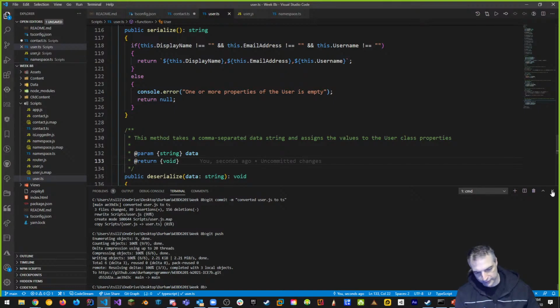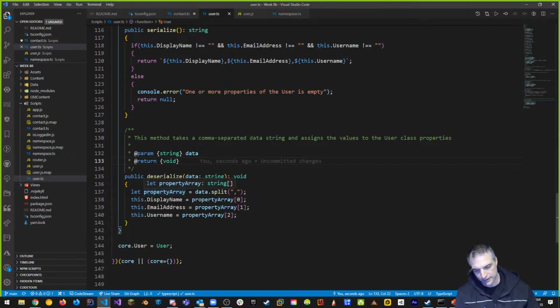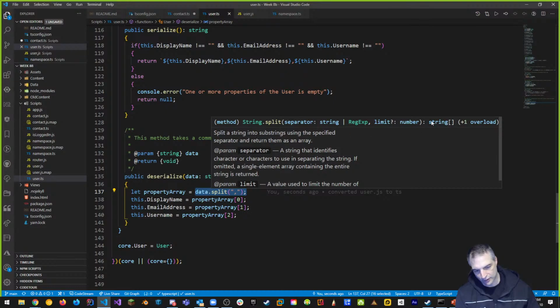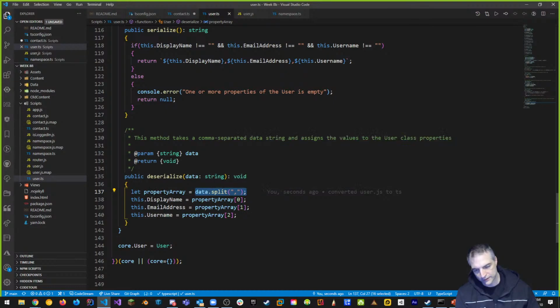So Nicholas is saying, don't forget to turn this into a string. We don't have to. Remember I said you can do it implicitly or explicitly. Here, it's implicitly done, so it already is a string array. I don't have to do it because I'm assigning a string, as an example. And split returns a string array. That's what it returns up here, and so that's what it's casting. It's basically doing implicit data typing. I don't have to do it. Same thing with these ones. Notice these are all string arrays. The property type is a string array, and if I hover over, each of the objects is a string element.